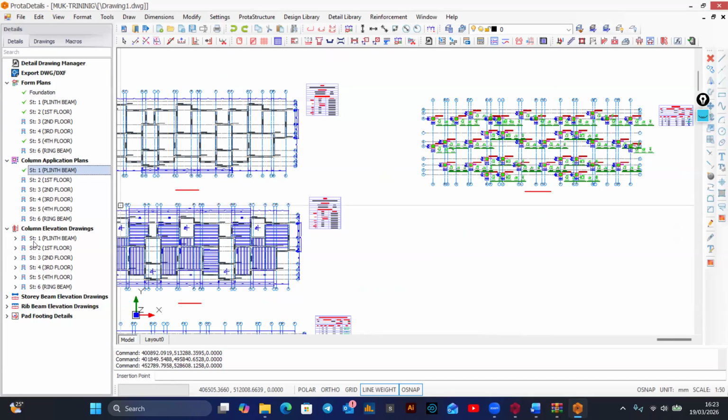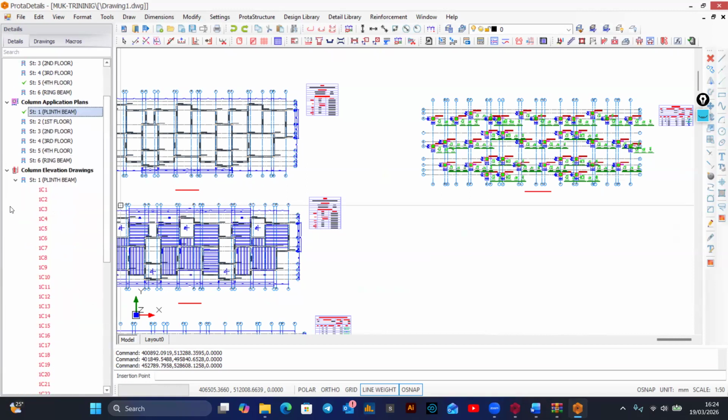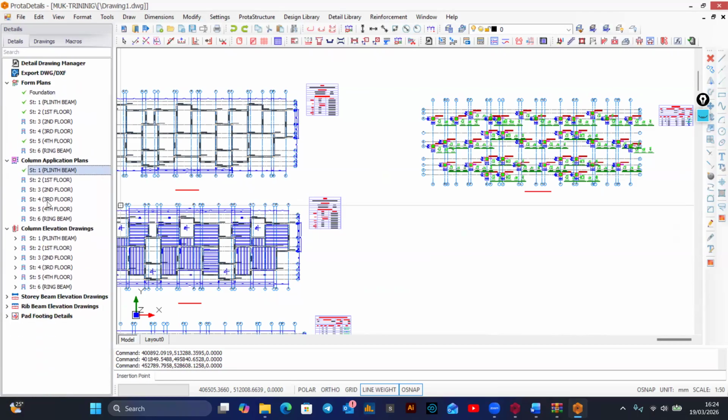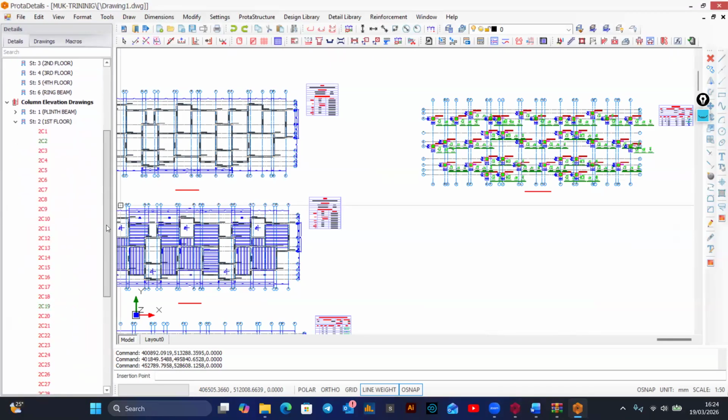Now, it is possible for us to export column elevation details for all the layouts at once. But then, if I right click on plinth beam level, sorry, you choose column elevation details on first floor, because remember, we designed columns for first floor. So go to first floor,